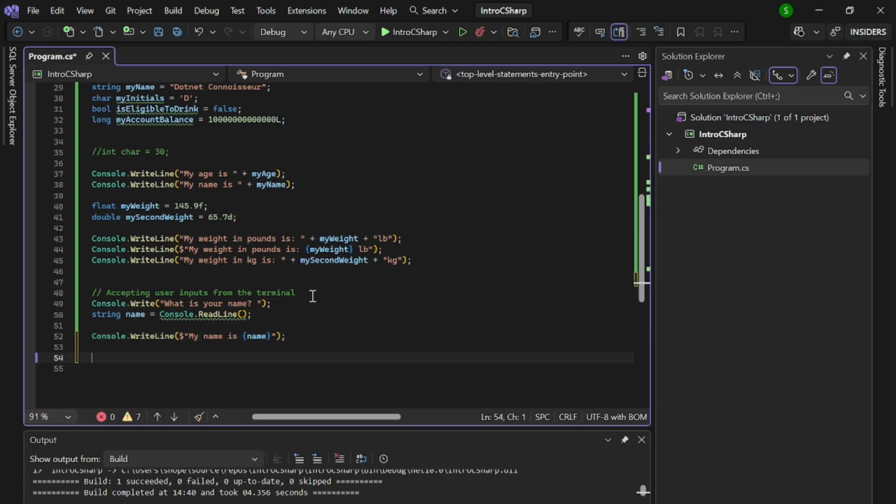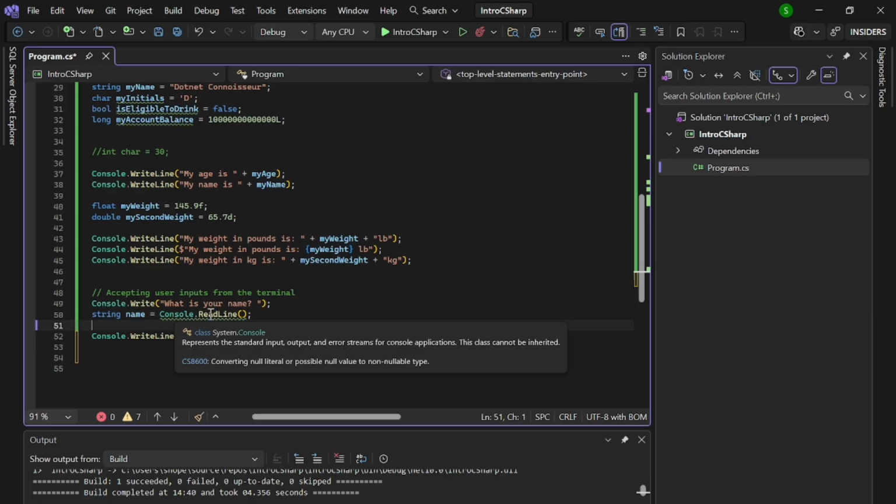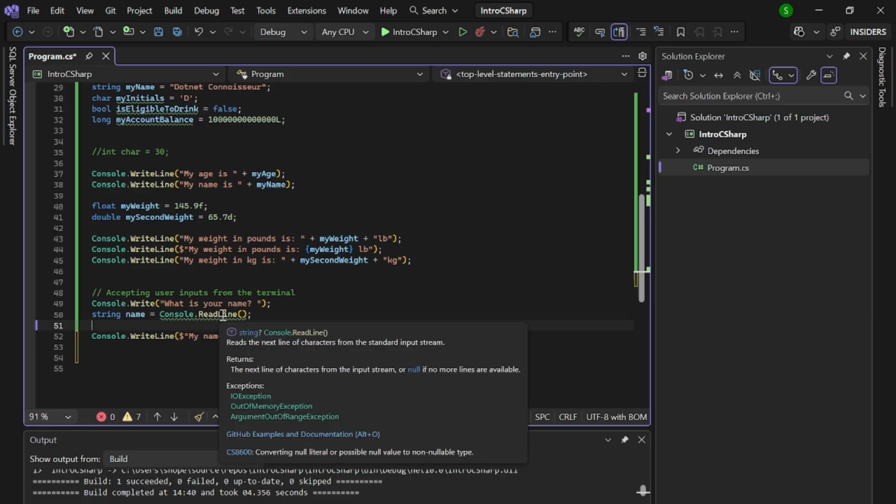How does that work? The way the code works is that when the code runs, it's going to get this "what is your name" prompt. So the code moves to the next line, string name equals Console.ReadLine. So what this Console.ReadLine does, if you hover over it, you get information as to